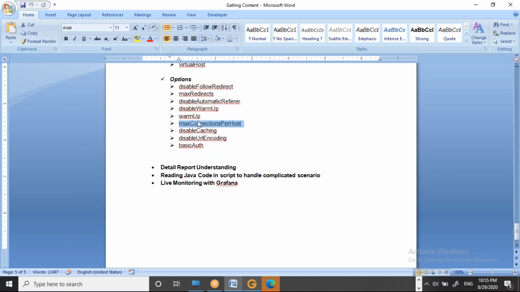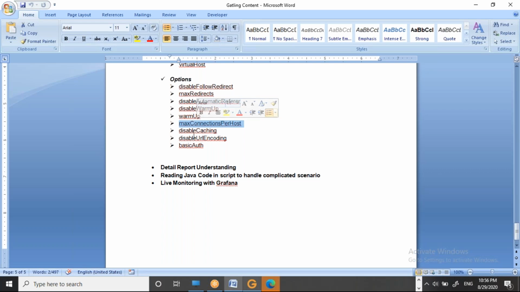These are a little bit advanced things, so we will talk about that later. It is not a very big thing. Max connection per host means if you have two to three hosts in your system, how many connections should there be, say 10 or 20 connections with one IP. You can control it by defining this parameter, right?